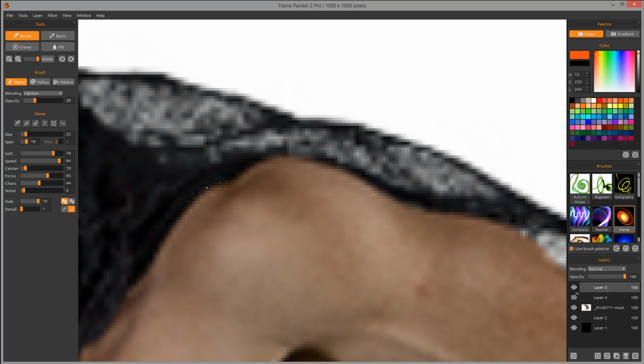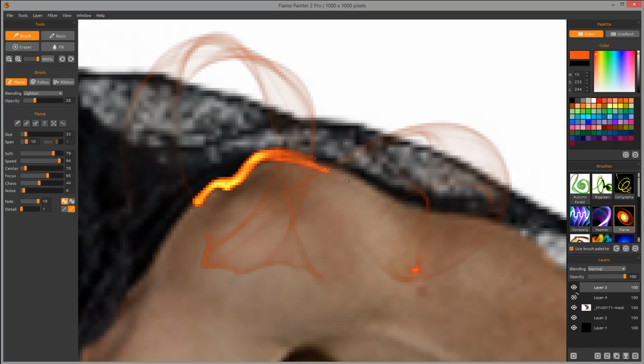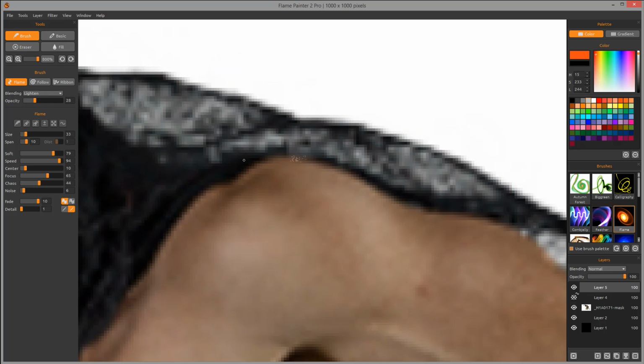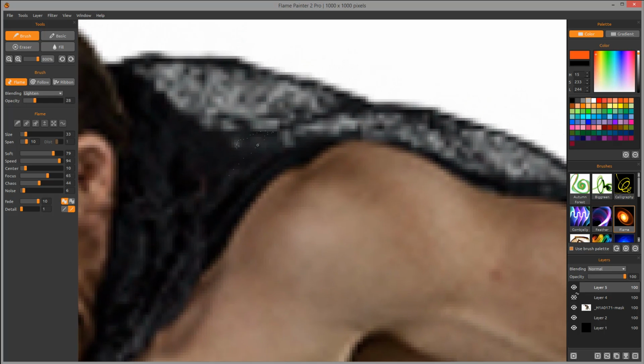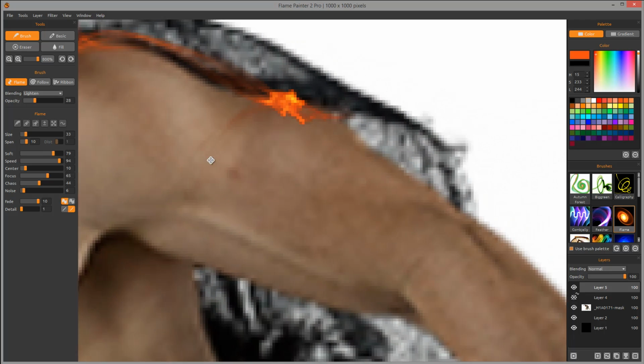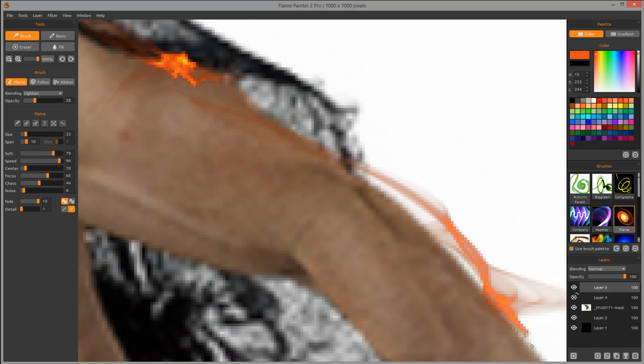So let's do this. Before I draw, notice I have these pixels. And if my brush is moving a lot at the beginning, my drawing will have a big start. However, if it settles and I start doing it like this, they will start smaller. It depends on what line you're going to do. You may want to spin your brush around before you start drawing, or let it settle and start drawing this way. So right here, for example, I'm just going to draw lines